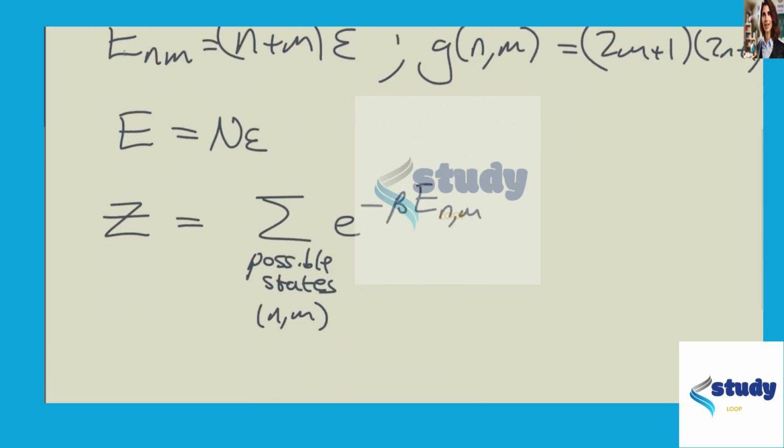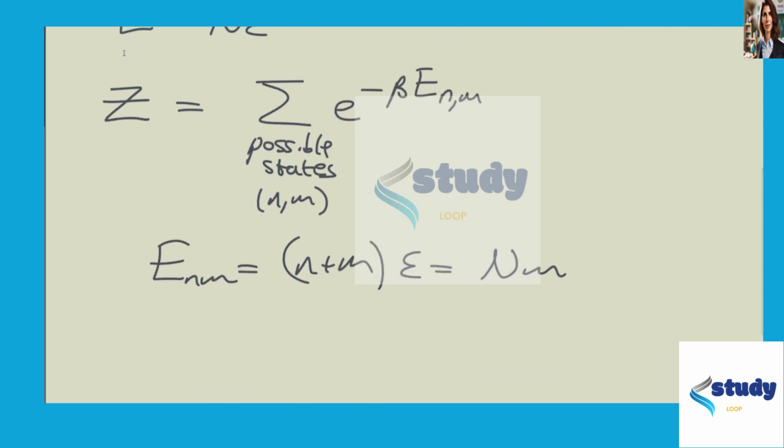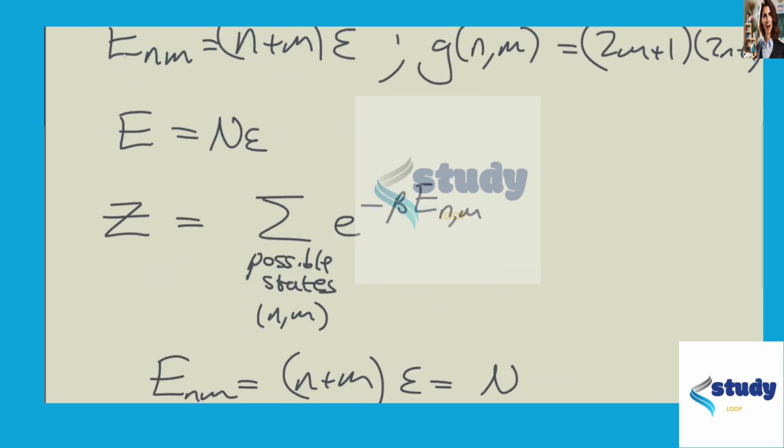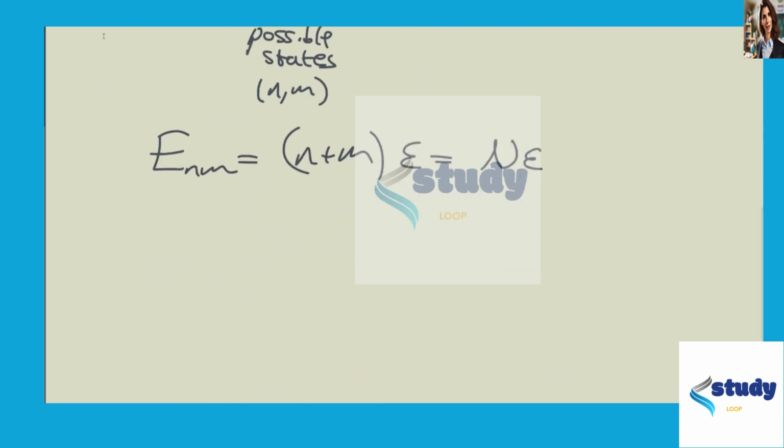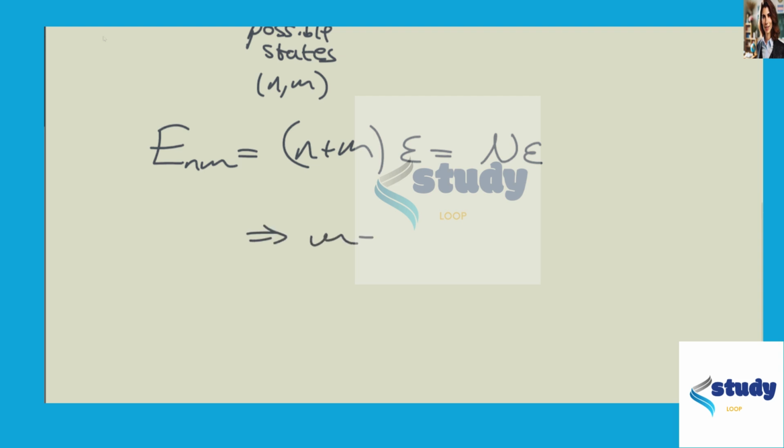But what we know is that if E_nm, which is n plus m epsilon, is equal to N epsilon, then we know that m is going to be N minus n. So actually Z is going to be the sum from n equals 0 to N